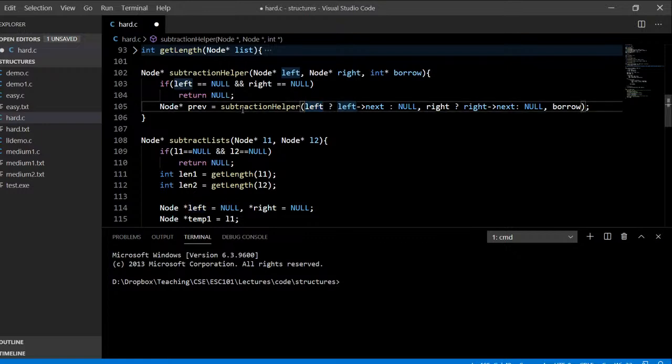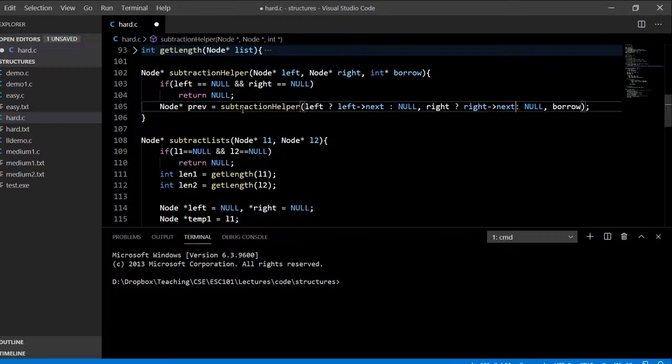And so if there is a non-null value for left, then I'm going to pass to this function left arrow next, which is the next address in the list. Otherwise I'm going to pass null. And similarly for the right, if the right is set to a non-null value, I'm going to pass to this function right next,